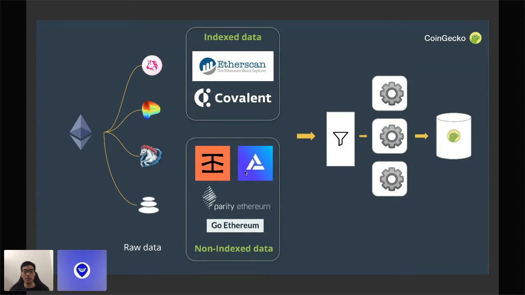The other option that you can opt for is services like Etherscan or Covalent. So both of them sort of index the entire Ethereum blockchain into a database on their end. So the end result is you could still get something very similar to what you would query using RPC calls on the node. But the nice thing about this service is that you don't have to care about running a node at all. You don't even need to know what an RPC call is.